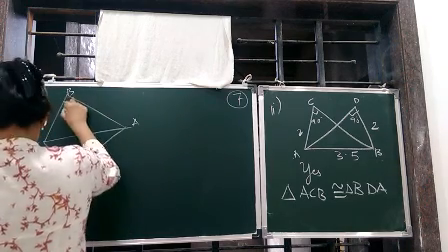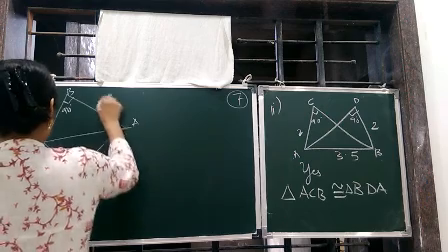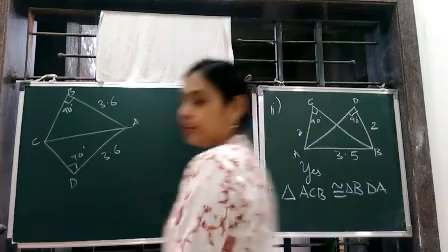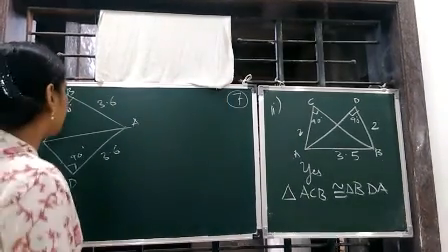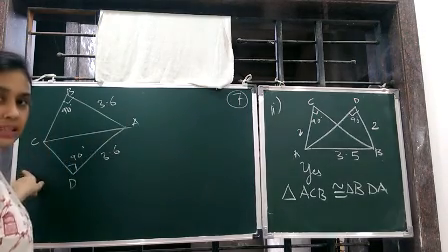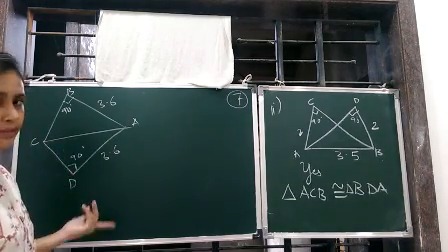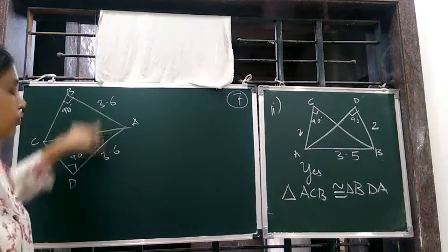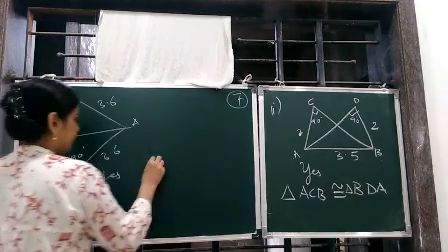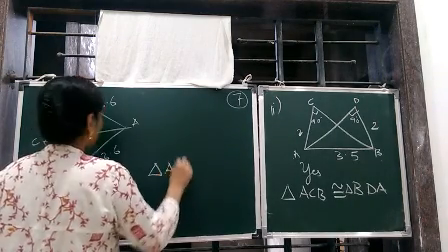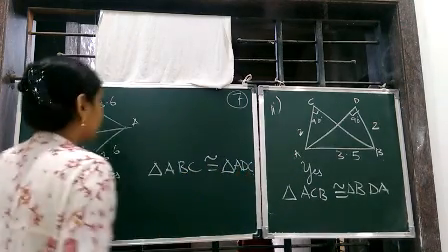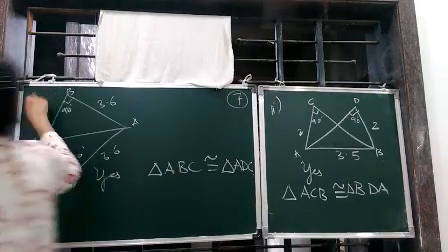This is 90, this is 90, this is 3.6 and this is 3.6. Now first you find out the hypotenuse. Who will be the hypotenuse? The side which is just opposite to the right angle. This is the side AC and AC. So AC is common for both, so it will be equal. Then you can see these two sides are also equal. So yes, it is congruent. So you can write yes, and then triangle ABC is congruent to triangle ABC. This completes the third one.